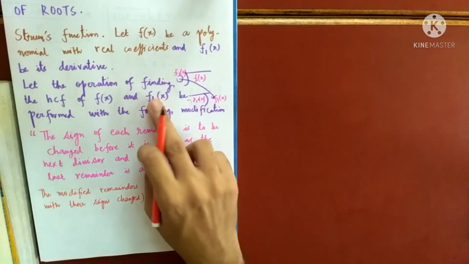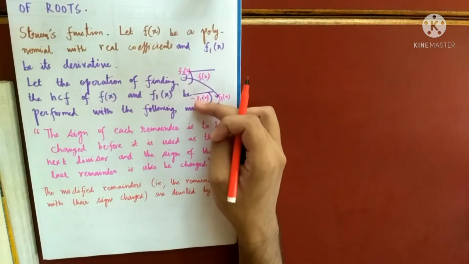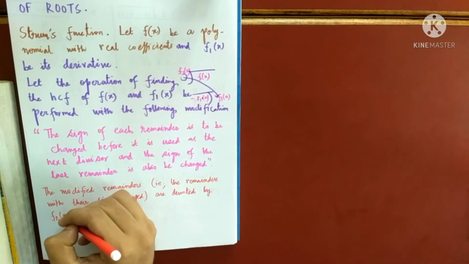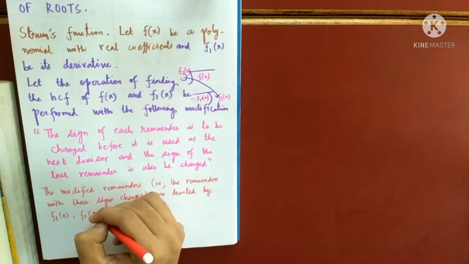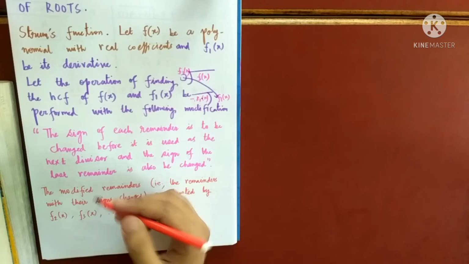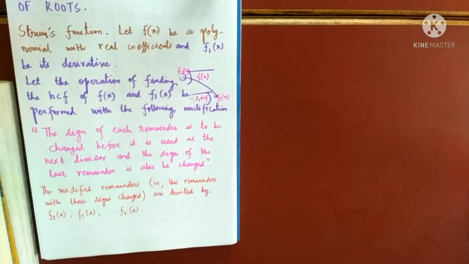so I am denoting the derivative by f1(x) and the polynomial by f(x), and the first remainder, second remainder with their signs modified are denoted by f2(x), f3(x), dot dot dot. They will continue. Suppose the last one is fr(x). Okay, so we are calling them f2, f3, dot dot fr(x), and they have been given a name. So they are known as